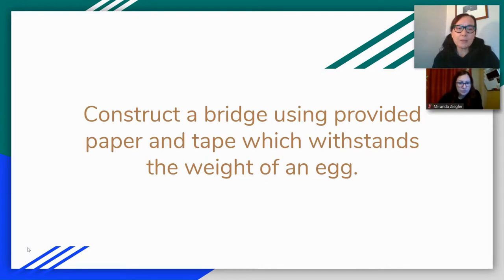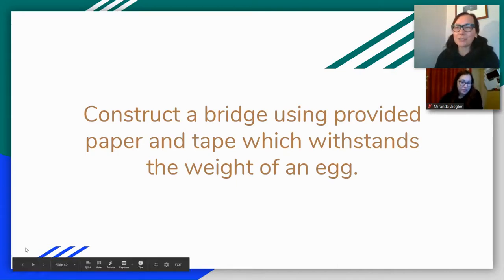Yeah, so this one is a construction. Construct a bridge using provided paper and tape which withstands the weight of an egg. Okay, so that's a good challenge. That's kind of an engineering challenge as well as a design, a creative challenge. So if you're teaching a 3D art class or sculpture class, that might be a good practical challenge for